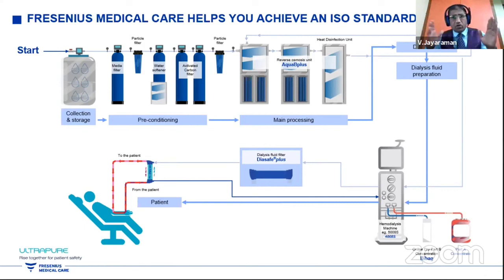And the water that comes out of the RO membrane should match ISO 23500 part 3, and what reaches the dialysis unit, either online or offline, should maintain the culture report. And then what is mixed with the RO water should meet part 4 of ISO 23500. It could be in aqueous or dry powder form. And then what is mixed in the ratio should pass through an endotoxin retention filter. Then only can you achieve an ultra-pure dialysis fluid. Once that is achieved, the patient's quality of life is going to be better.